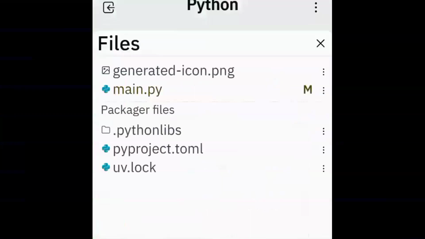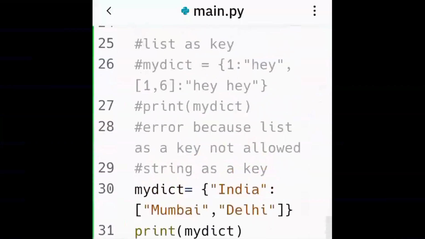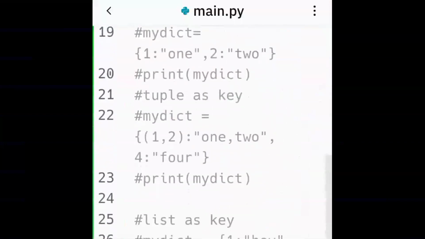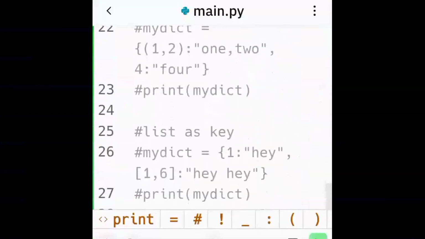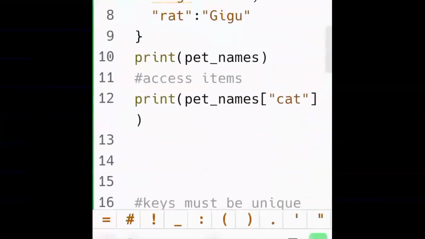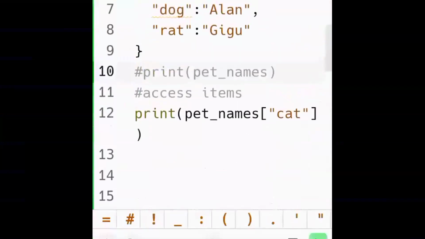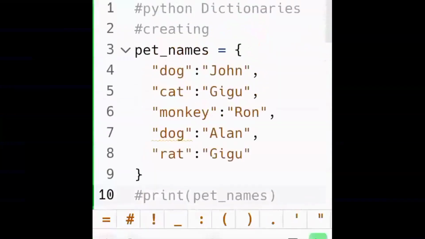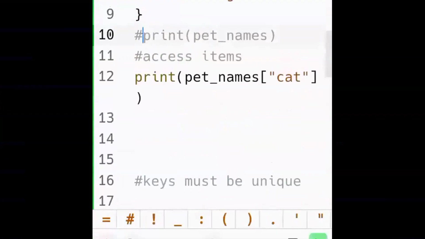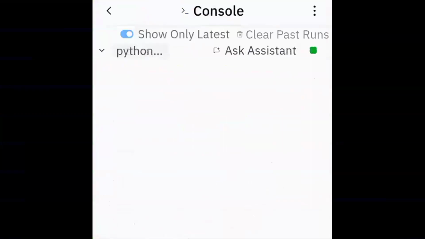So we just want to access the cat key. So the value of cat should be the outcome. Okay, there's something else which is interfering with the outcome. Oh yeah, I think I commented out my pet. So that's why it's not showing. Yeah, there you go, print pet names. So the entire pet names was coming out. I just want to access only one key here, which is the cat. So only one item I want to access, which is why I say pet names and then the key value of cat.